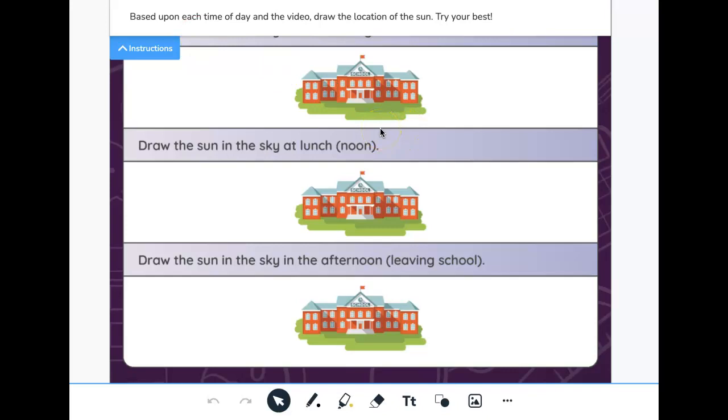This is a good activity for students to do because it allows them to apply the knowledge that they previously learned by drawing the positions of the sun and the sky throughout the day, along with the matching activity, which allows students to identify those objects in the sky, which are both stated in the standards and the I can